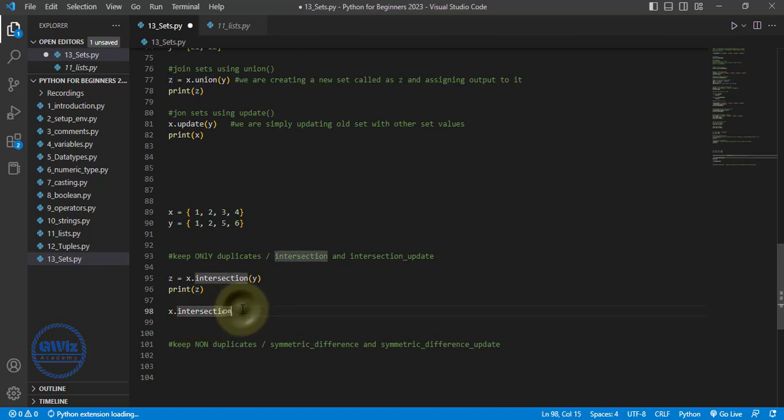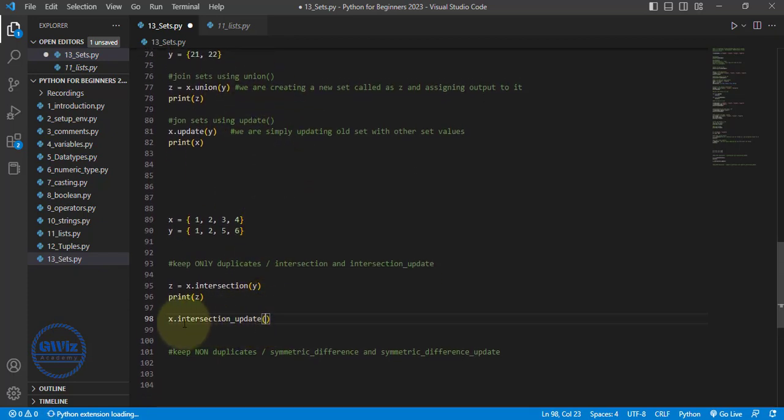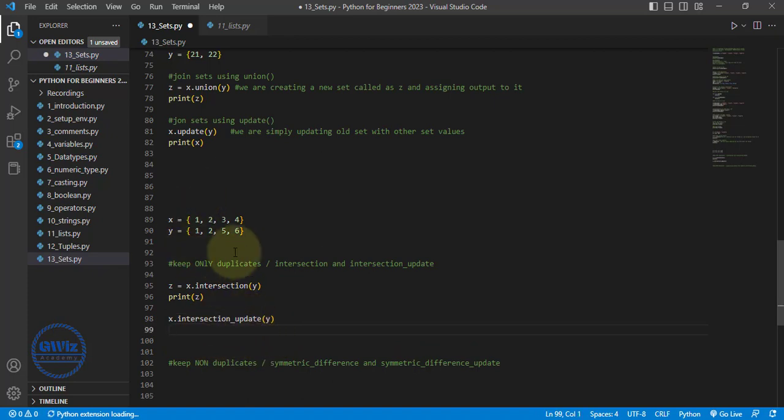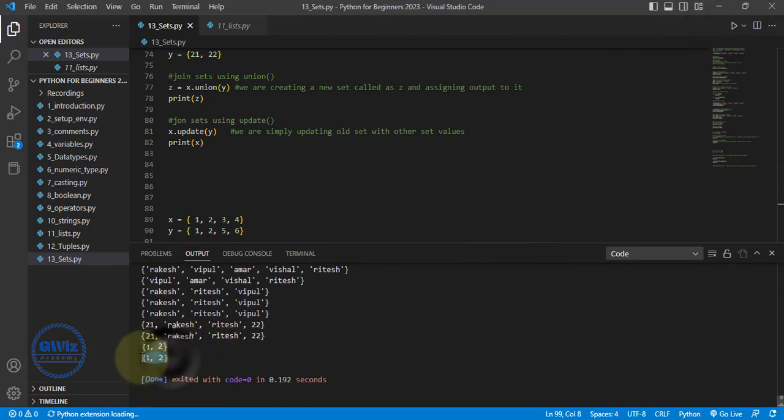So I'll use intersection underscore update. As soon as we use the update function, x dot intersection underscore update y, I'll get the output with duplicate values. But here, as you can see, I'm not creating any new set called z, and am just updating the existing set x. So if I now print x here, save it and run this program,